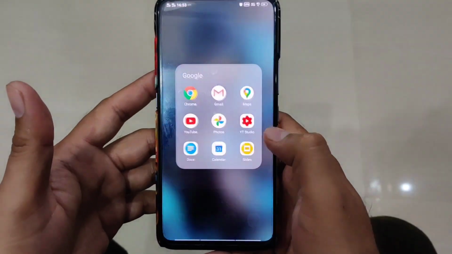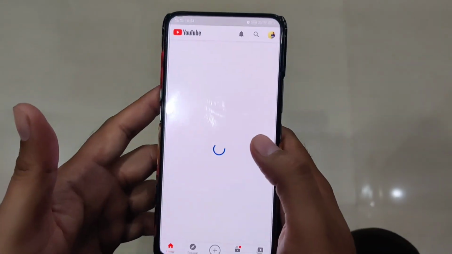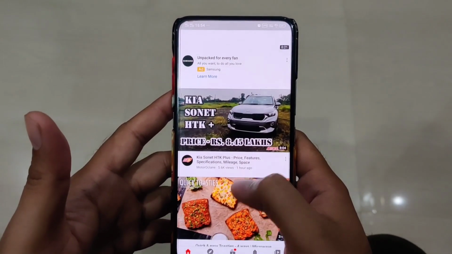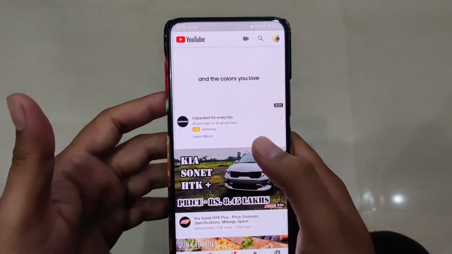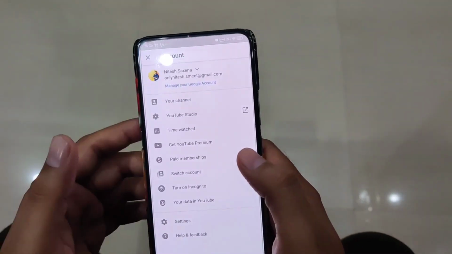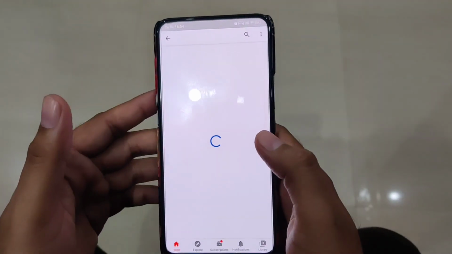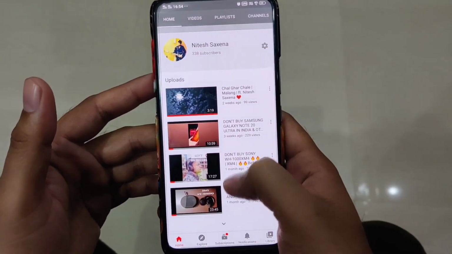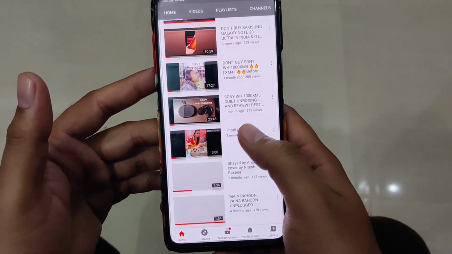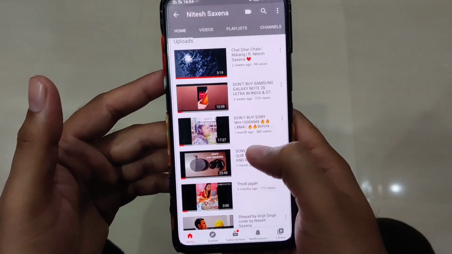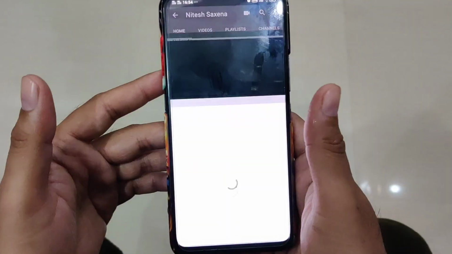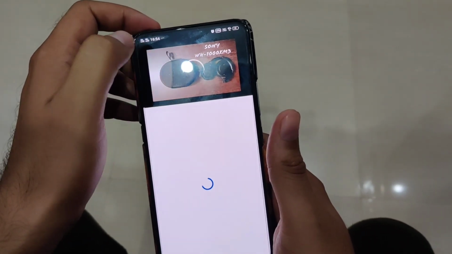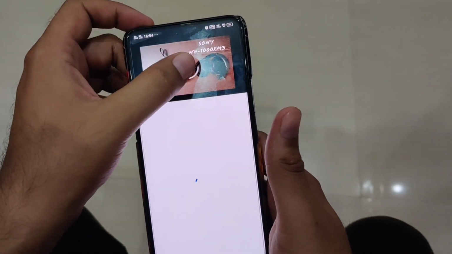Then open YouTube again, and let me open one of my own videos, because it might give me a copyright strike if I open any other video. So I'm just going to open a video of mine that I have uploaded in 1080p, this one, and let me show you the resolution right now.